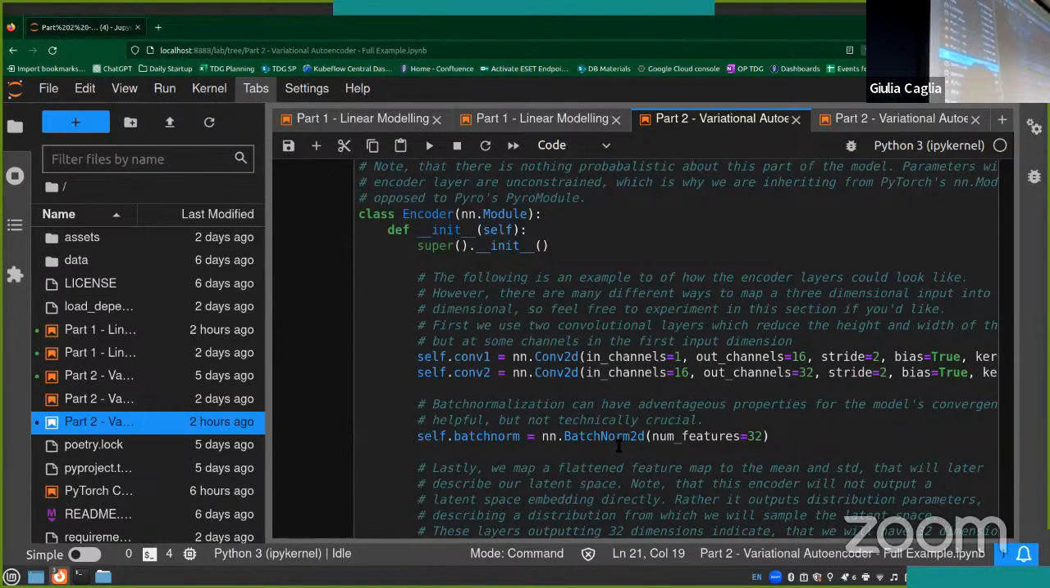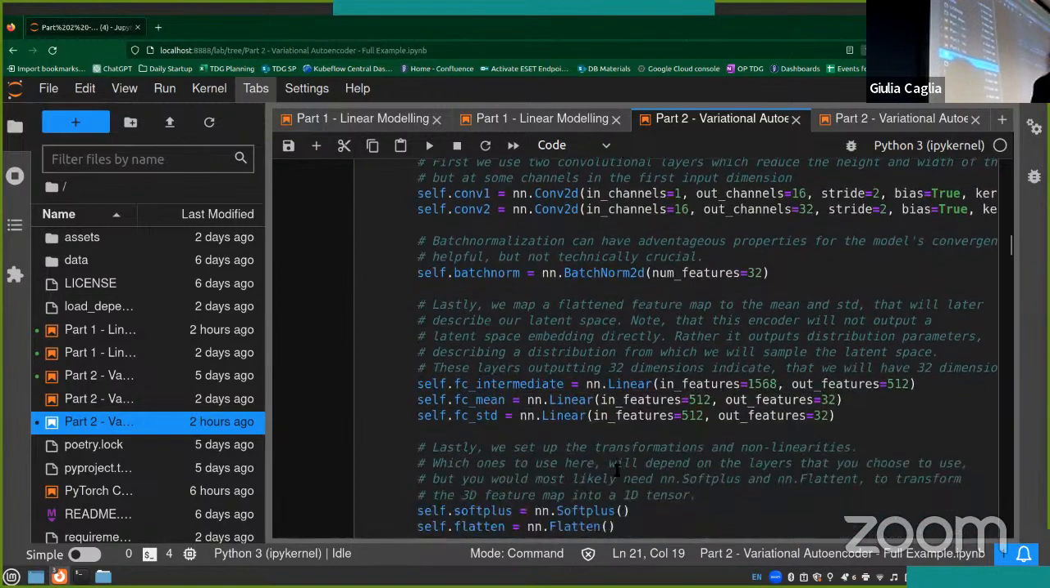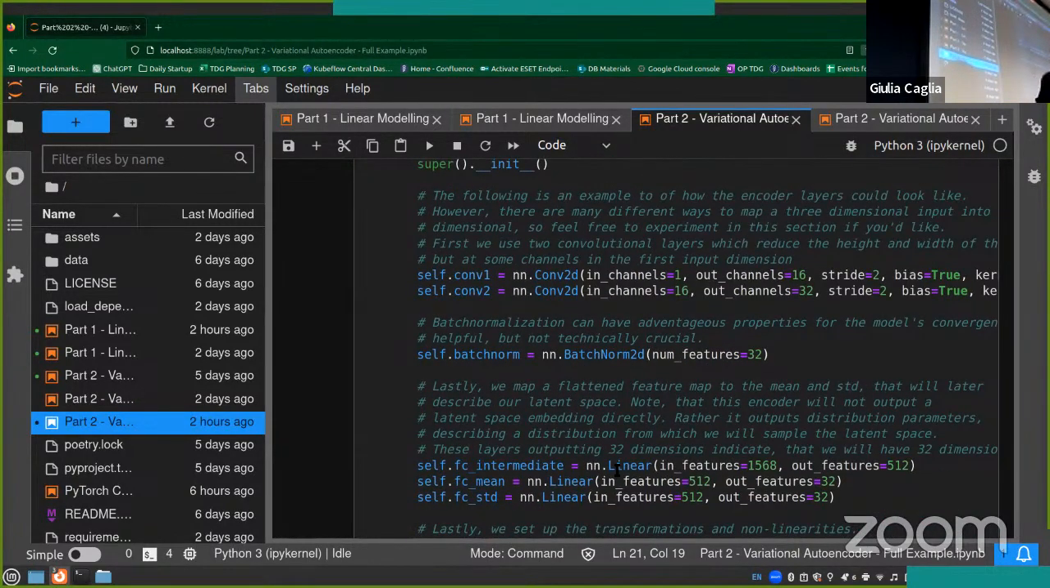PyTorch layers. Now, this is one of the cases where there is not a true solution, or right or wrong. This is basically just an example. I went with 2 convolutional layers, a batch normalization, and then 1 intermediate fully connected layer, and then a fully connected mean output layer, because we want to describe a probability space, not a deterministic latent space. So we need a mean and a standard deviation as parameters for our normal distribution that describes the latent space, and we end up with 32